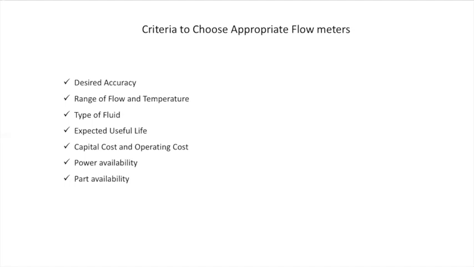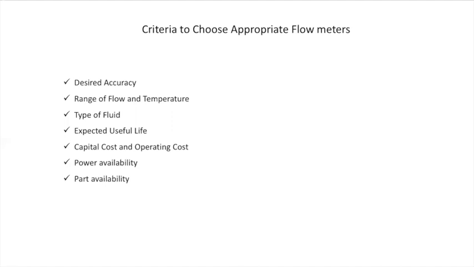But the temperature written here is used to decide the density. Okay, so density is going to change based on the temperature. Therefore, density changes the volumetric flow rate. Therefore, this temperature is very important, and the range of temperature has to be determined, at what range of temperature we are going to measure our flow. Then the type of fluid: it may be liquid, it may be gas containing a lot of impurities. The fluid determines the kind of flow meter to be used.